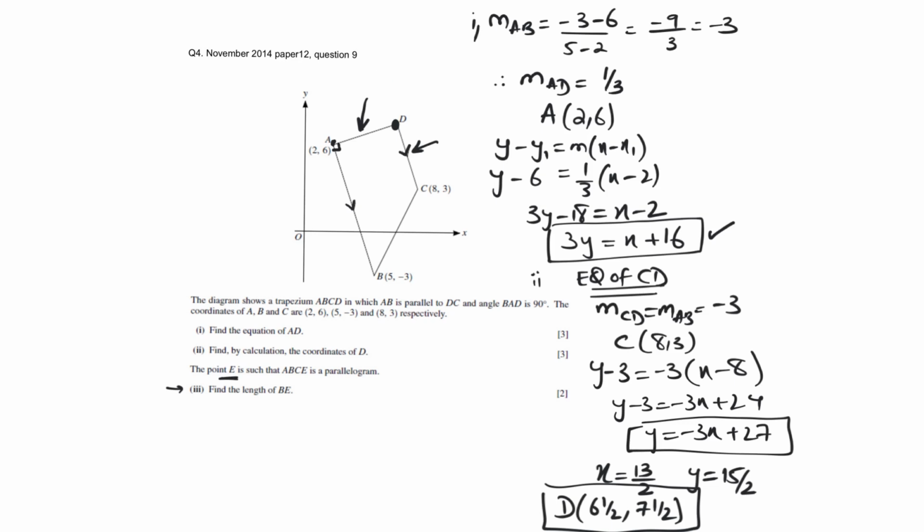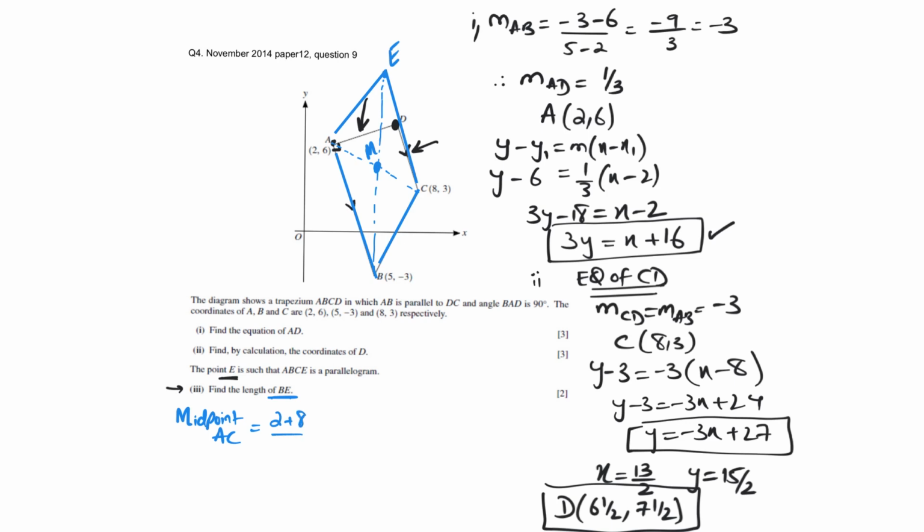E would be somewhere over here, such that A, B, C, E is a parallelogram. Now for the parallelogram, you are being asked to find the length of BE. So you can find the midpoint of AC first, because the midpoint of the diagonals AC and BE would be the same. So find the midpoint of AC,